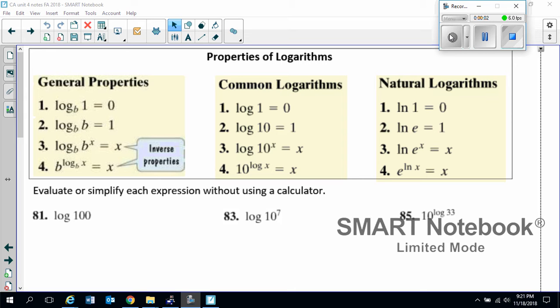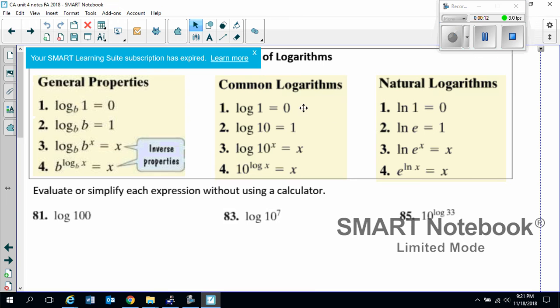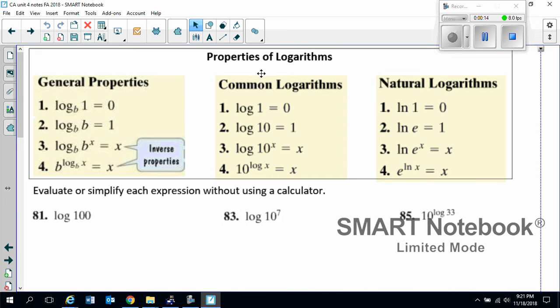Okay, so this is going to be part 3 of 4.4 notes, and this shouldn't be too bad. This really is going to kind of review some stuff we've already looked at, and that's going to be properties of logarithms. We definitely already have looked at these two right here, where log base b